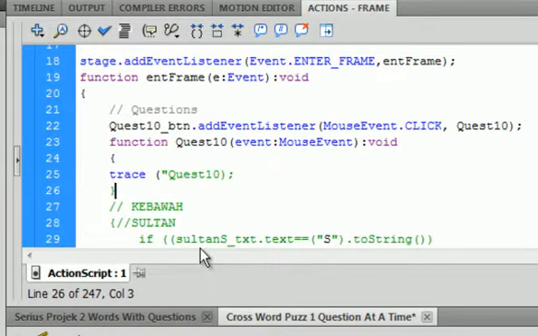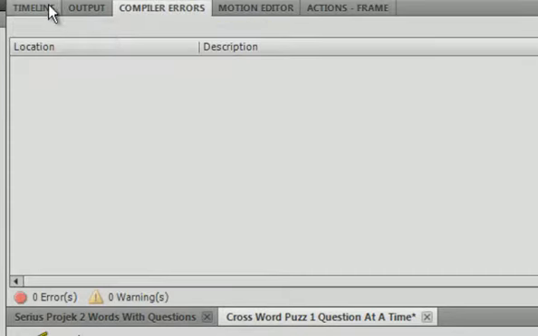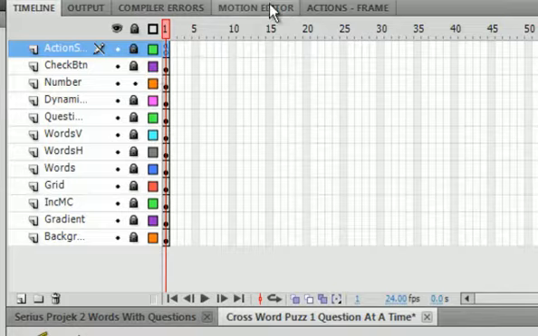So now, right here, I need a close quotation. Good. So now let's just auto format. Check for major errors. No. So now, if we test it,